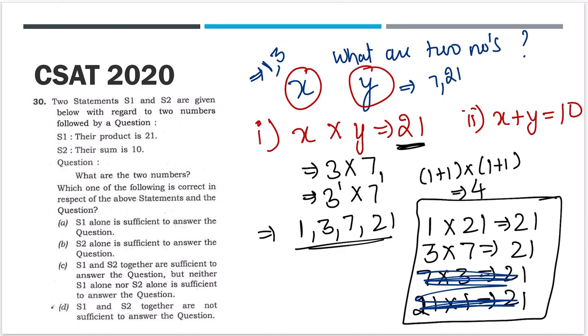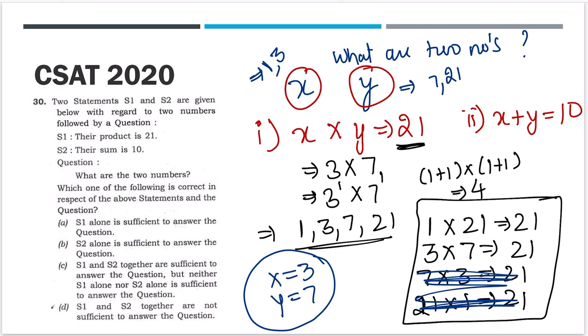We need another statement, that is x plus y is 10. When they told us x plus y is 10, we will surely know x is 3, y is 7. That will make x plus y is 10. So from the one statement, we narrowed it down to 2 values of x and 2 values of y. But we needed the second statement to make it certain what is the value of x and what is the value of y. So that is why either of these statements alone is not sufficient to answer the question. We need both of these statements to answer our question.